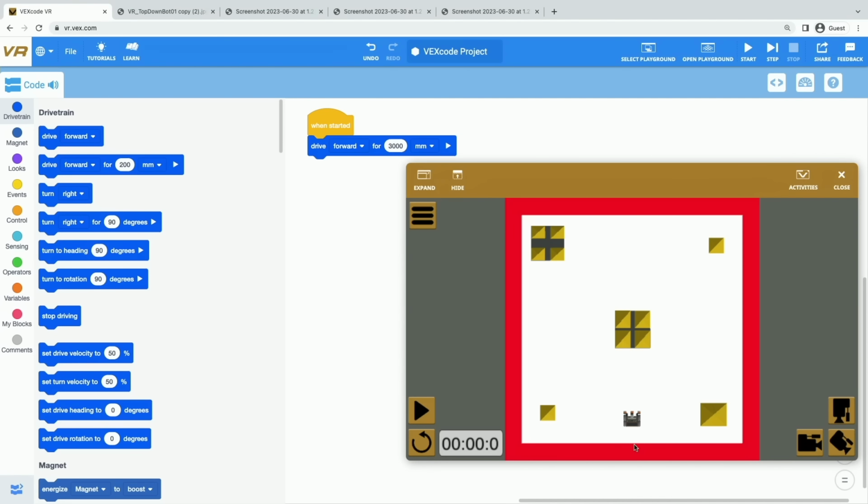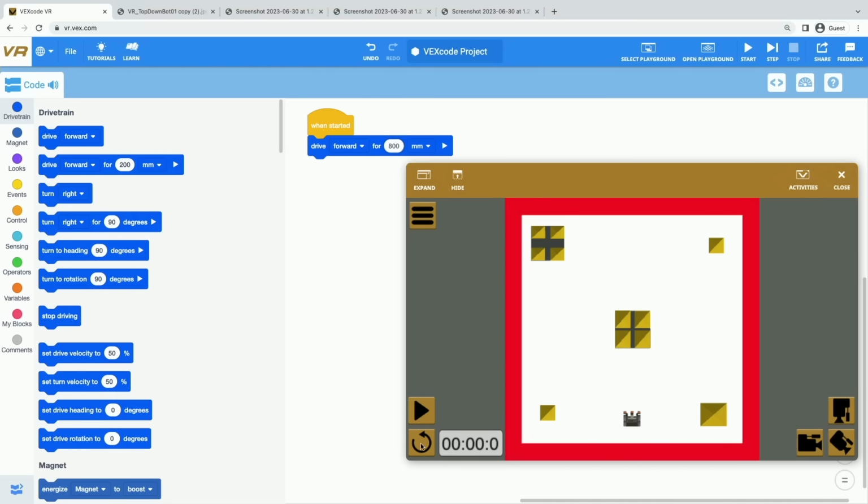So if we know that our playground is 2,000 millimeters tall, we can see that this castle is kind of right in the middle, right? So it's probably about 1,000, but my robot's starting off not exactly at the back of the playground. I'm gonna guess that we need to go about 800 millimeters, right? That makes sense. Let's see if we can just crash that castle without falling off of the playground.